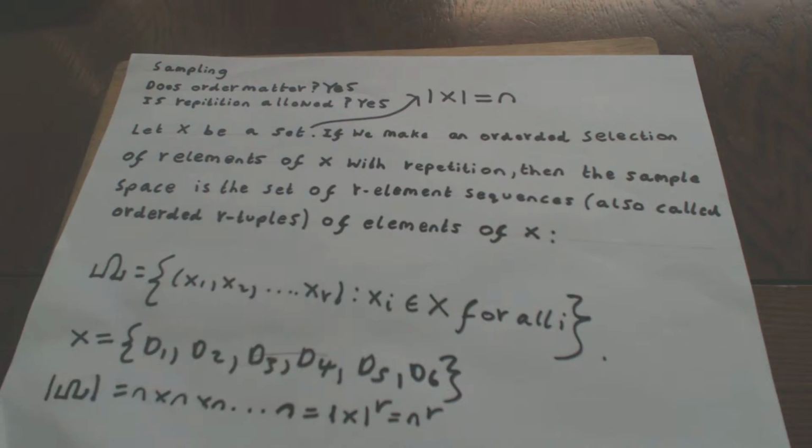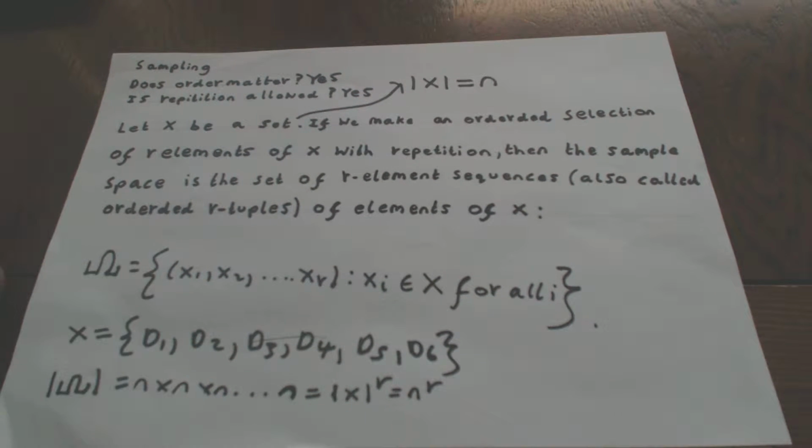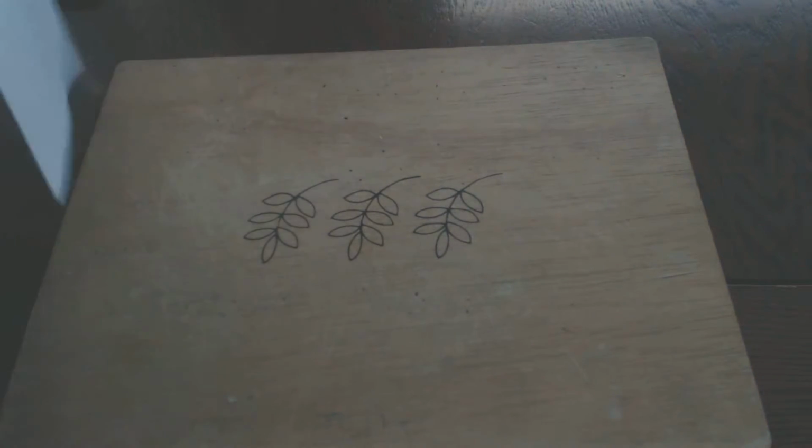Because obviously if we're working without repetition, then you can never have a sequence with two elements being equal, because once you've used that element you can't use it again. And so the sample space is going to be relatively similar. You're still going to have your set, x1, x2, up to xr, such that xi is an element of X